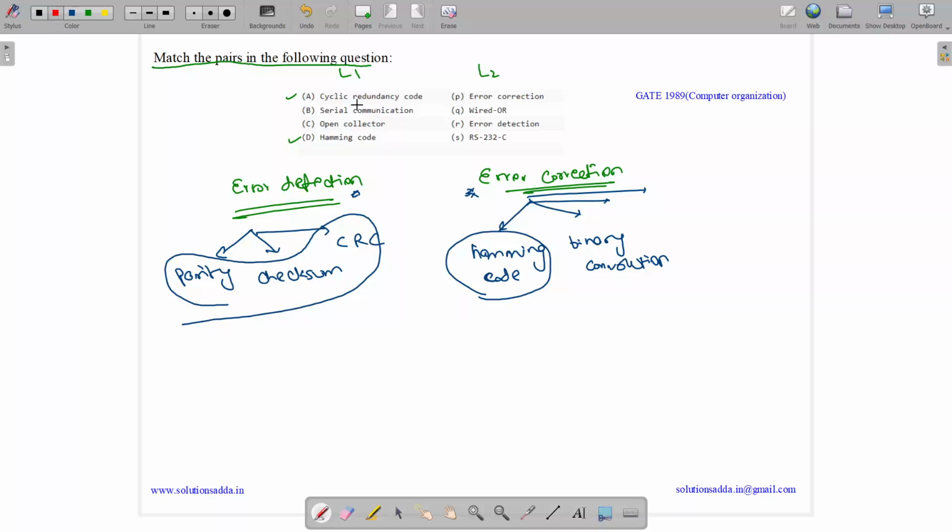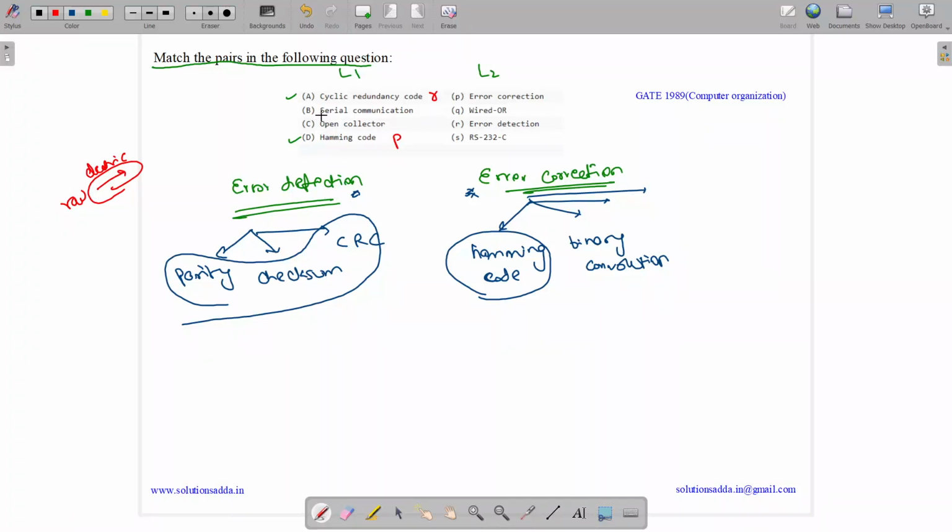So now let us match CRC. What is CRC? CRC is error detection code. So error detection, so it's R. A is mapped to R. What is Hamming code? Hamming code is an error correction code. So D is mapped to P. So basically, CRC is an error detection code commonly used in digital networks and storage devices to detect accidental changes to raw data. So we had raw data. There might be some accidental change due to some electric charge or during transmission. Thus, we are using error detection code to detect whether there was an error or not.